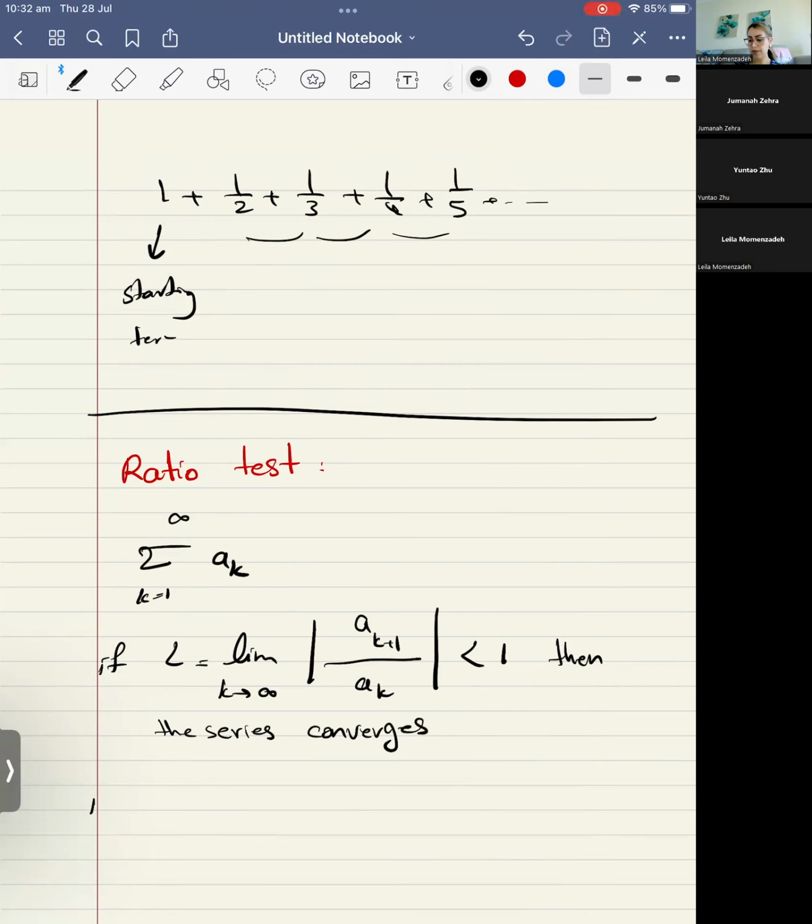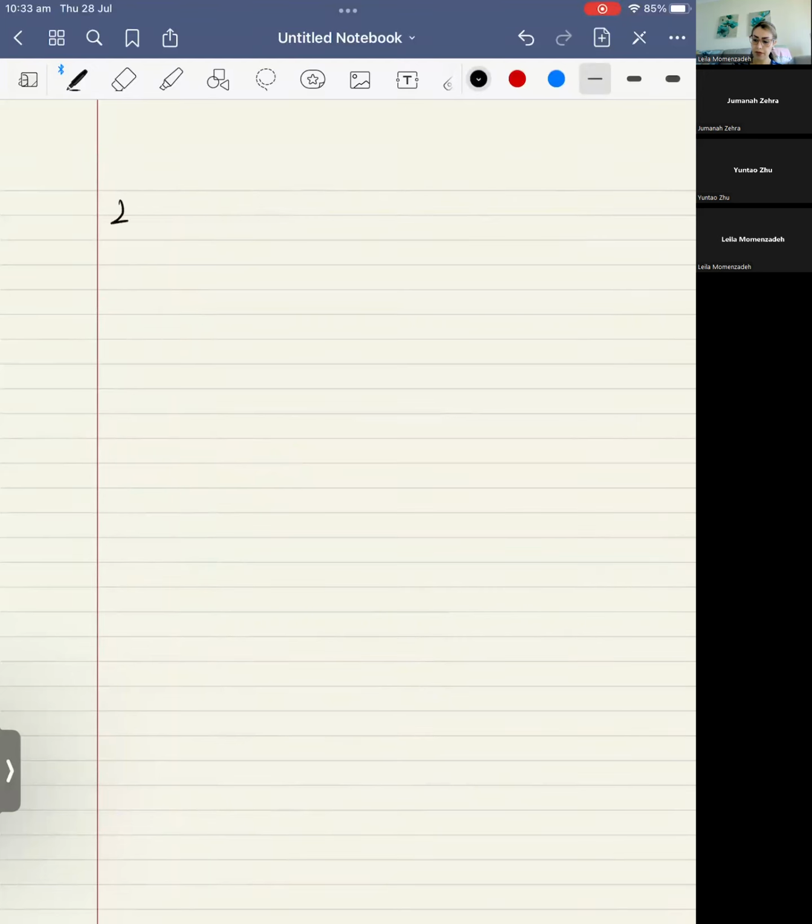If L equals the limit as k goes to infinity of a_{k+1} over a_k is more than 1, then the series diverges, and if L equals the limit as k goes to infinity of a_{k+1} over a_k